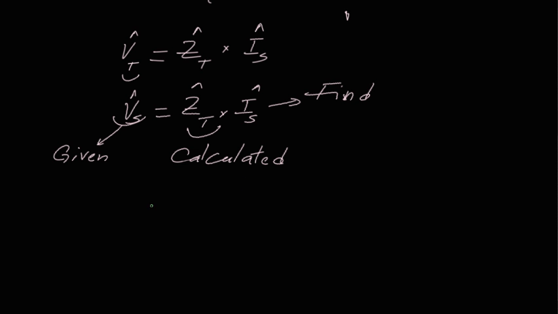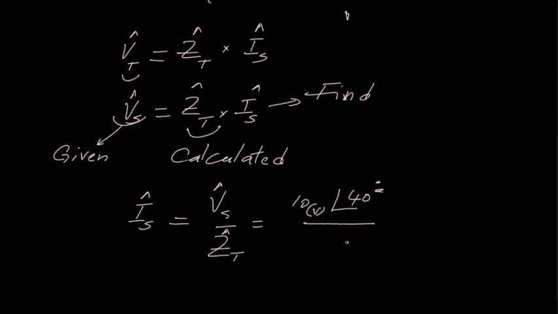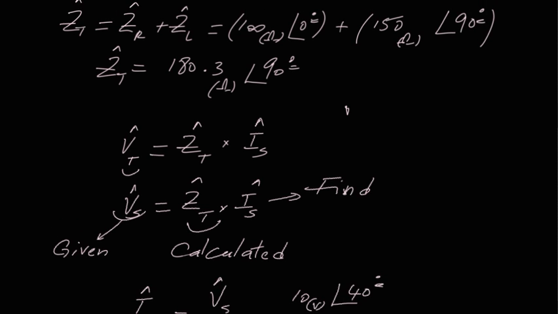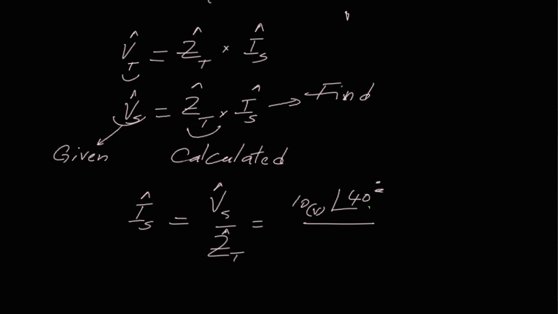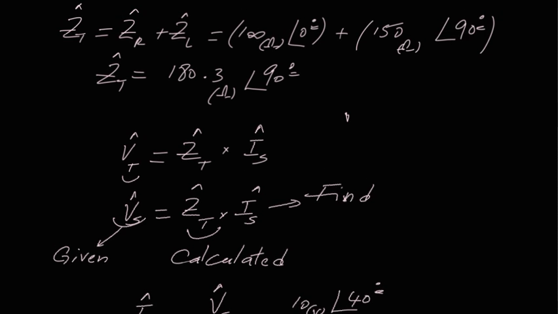All right, so Is is Vs over Zt. Vs was 10 volts, I think, and the angle was plus 40 degrees. Zt was 180.3 ohms with an angle of